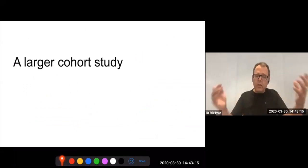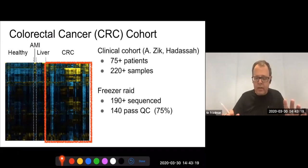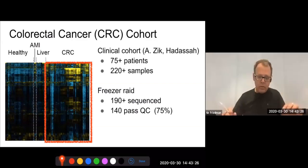But can we look at the bigger cohort and see something interesting? And I'm going to look very briefly at cancer. Cancer is interesting because people are all worried about it, and it's also a situation where a lot of things are happening. And so we had the luck of collaborating with a very talented oncologist at Hadassah, Vial Zik, who after